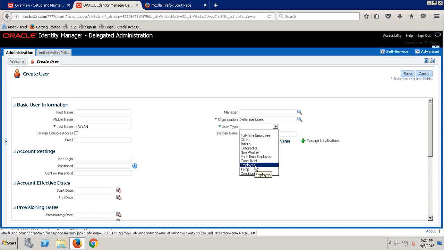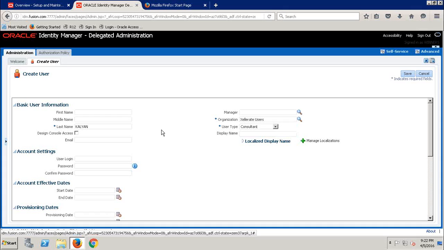This user cannot have employee-based functions to perform the transaction. So select it as a consultant user. Generally in IDM we create users related to consultants only. Okay, fine. If you are creating one employee as a consultant user, in that case we may select user type as employee, but in reality the user is not going to act as an employee user, just for the sake of